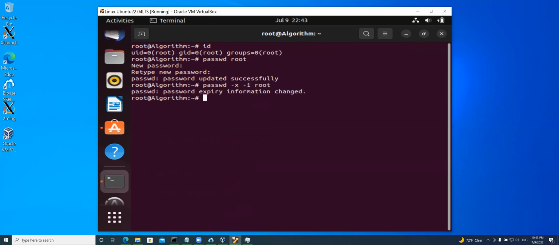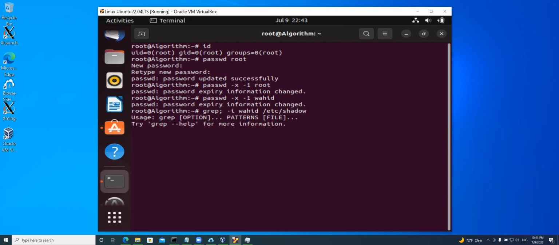Now the expiration changed. So if I don't log into this system in about 90 days, it doesn't expire on me. So I will keep that password, and I just use it whenever I need to use the system. It doesn't lock up on me. The same thing with the user ID that I have. So I could do the same thing, passwd -x -1 for Wahid, and make sure that that password is not expiring either. And if I look at the password for Wahid, for example, on the /etc/shadow file, the last entries,